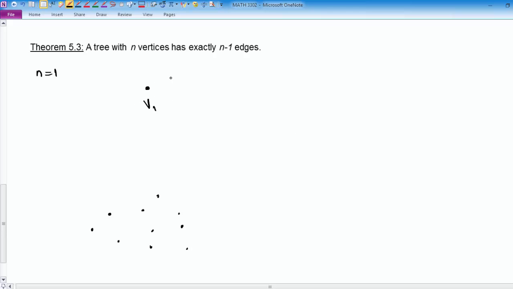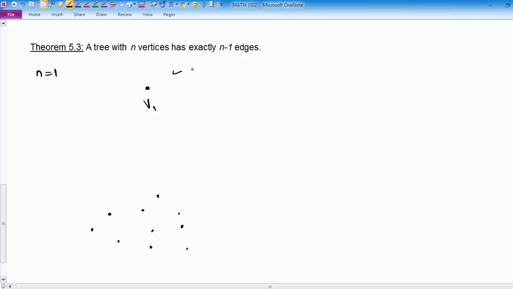And we couldn't have an edge, because you can't have an edge without the edge being connected to two vertices. So we don't have an edge, and that's a tree. The number of vertices is 1, and the number of edges should be 0, which is exactly what this is saying. If we have one vertex, we have 1 minus 1 edges, no edge. So that proves the theorem